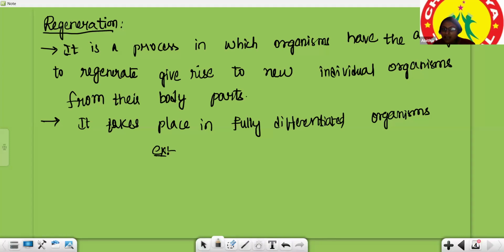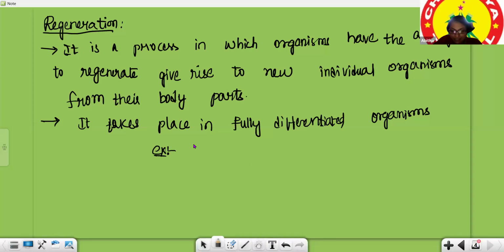No, actually it means the organism in which all the body parts are differentiated, like having head, tail, hands, legs, everything, each having a certain function. If you take amoeba, does it have any different organs? No. All is performed by only the single thing. Humans are also differentiated organisms, but they don't have the power of regeneration.